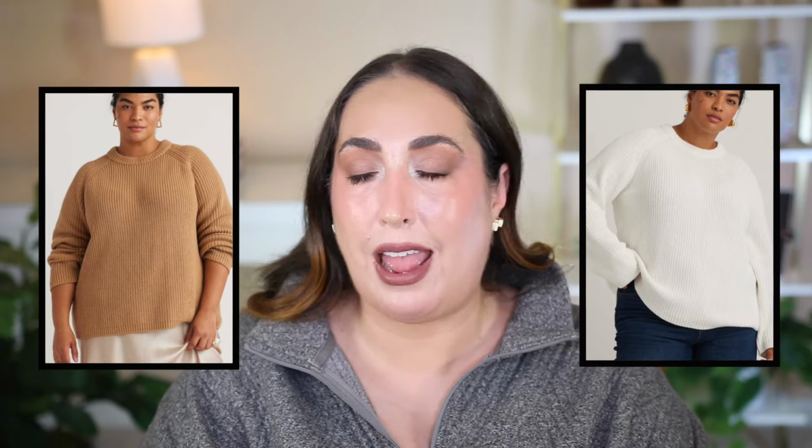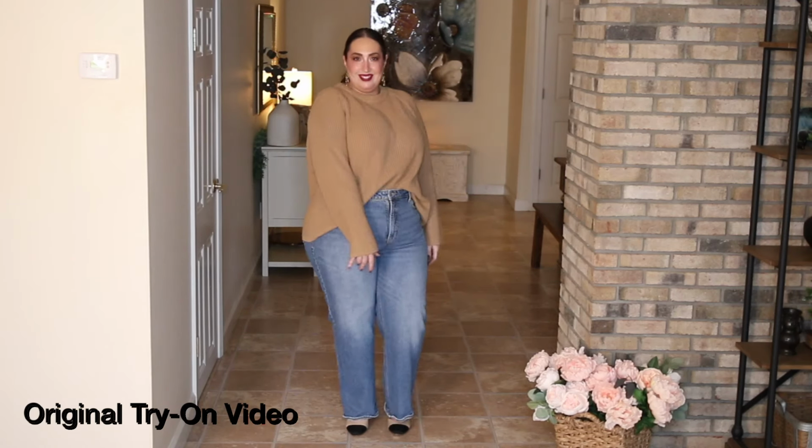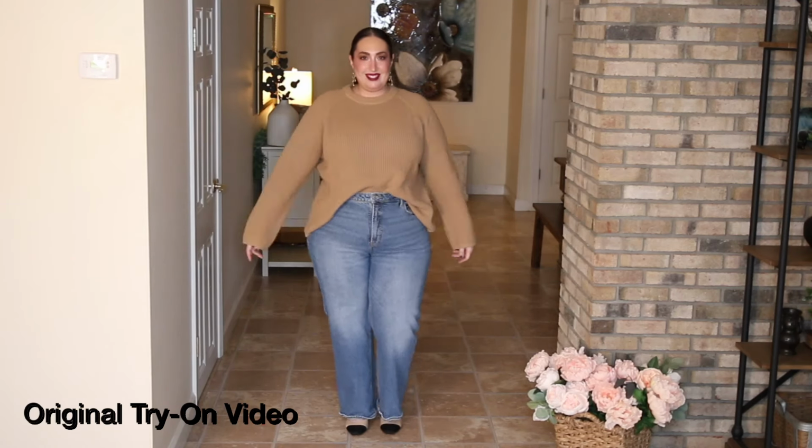Now we're going to be talking about the $59 organic cotton Fisherman sweater on the Quince website. And this one is like wearing a warm weighted blanket. So cozy, so stout, and it has withstood my abuse from wearing. So if y'all don't remember, this is what they look like. I got an ivory and a camel, and I enjoyed these immensely, especially during the Arctic blast that we had